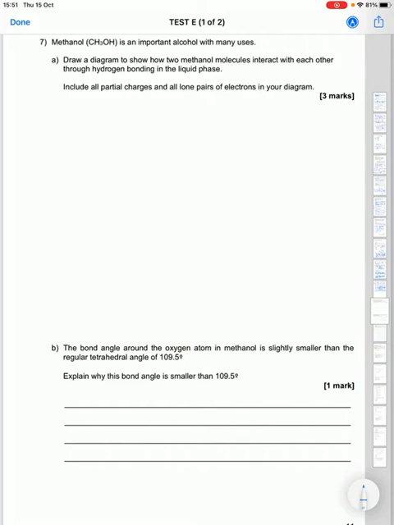So, draw a diagram to show 2 methanol molecules interacting through hydrogen bonding, with partial charges and lone pairs. Okay, so methanol, H3COH, and then